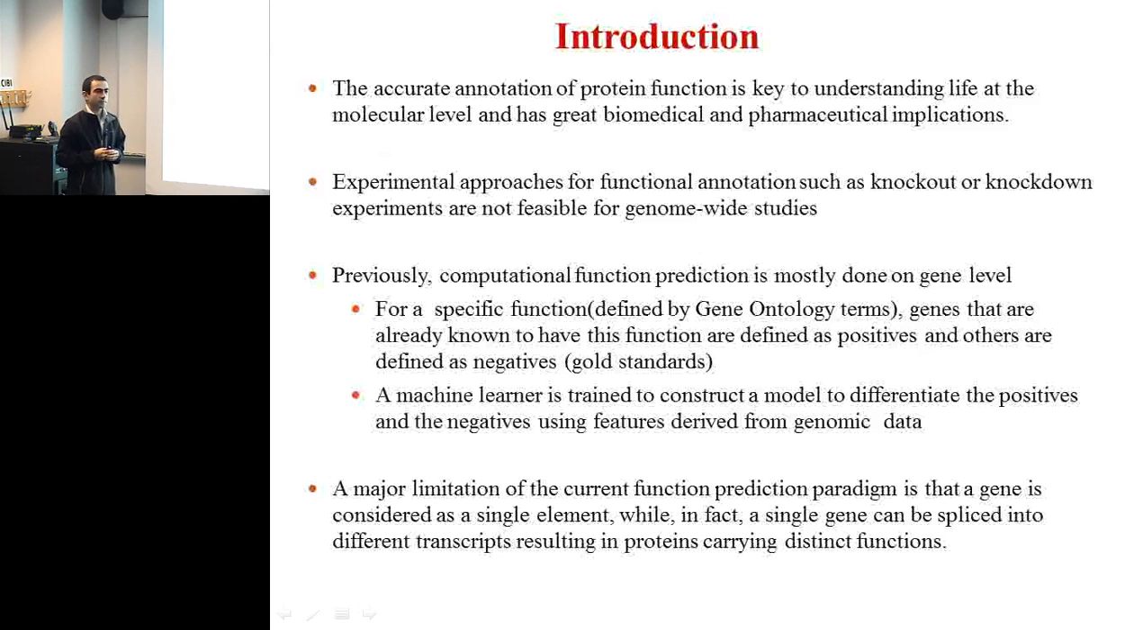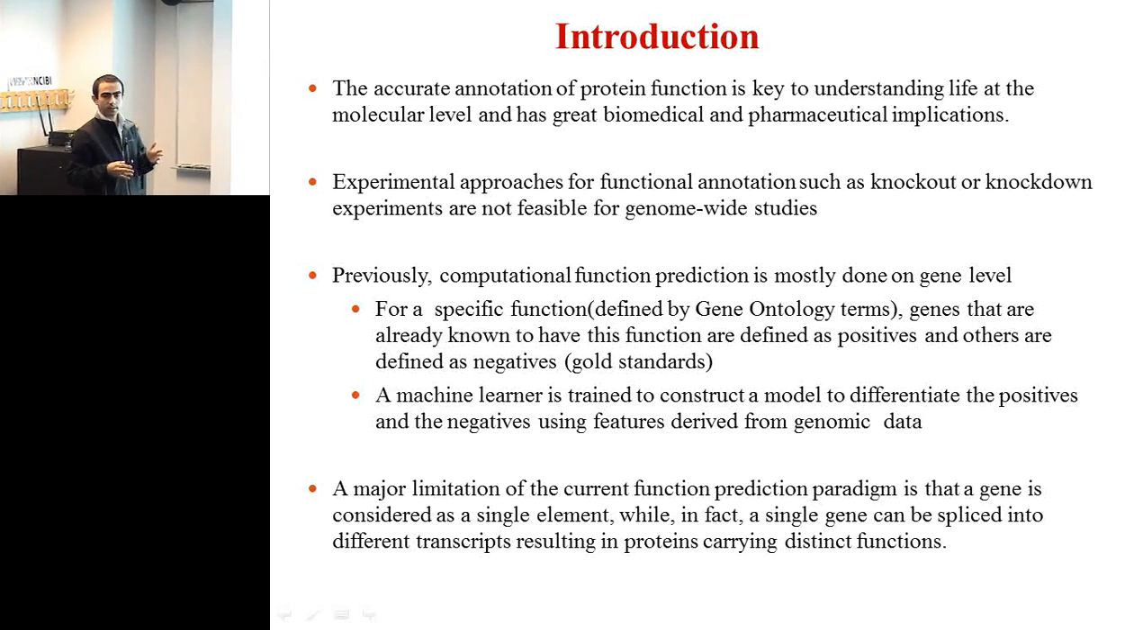So the accurate annotation of protein function is a key topic in biology for understanding diseases and molecular processes, and experimental approaches for functional annotation, such as knockout or knockdown experiments, are not feasible for genome-wide studies. So that's why there is a whole bunch of computational function prediction studies. But most of these studies are done on the gene level. For a specific function, usually defined by gene ontology terms, genes that are already known to have this function are called positives and the rest negatives. And you have a machine learner, you construct a model by using some kind of genomic features,